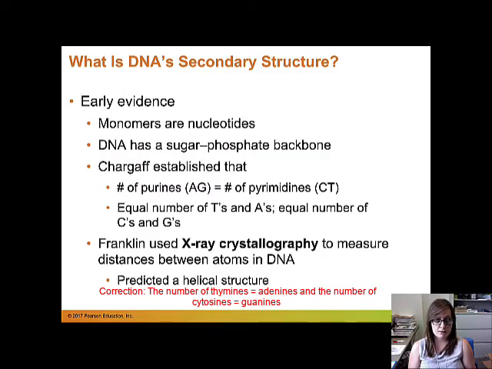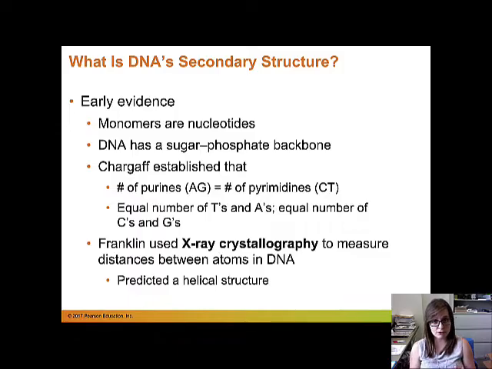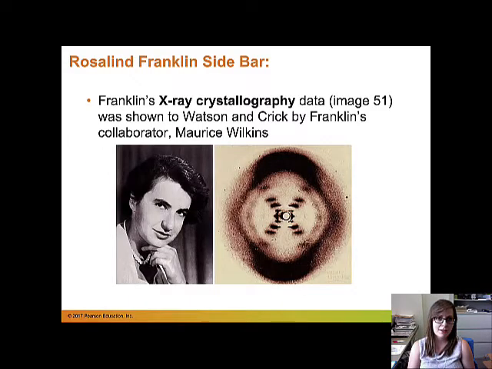So Watson and Crick were around, and they were using models to try to figure out how these rules would go together. And Rosalind Franklin used X-ray crystallography to measure the distance between atoms in DNA. And this picture that she generated by using X-ray crystallography predicted a helical structure as the secondary structure. And as a sidebar, this X-ray crystallography image is called image 51. It was shown to Watson and Crick by Franklin's collaborator, Maurice Wilkins, without Franklin's knowledge. And so this picture really gave them the clue that this was a double helix and helped them figure out